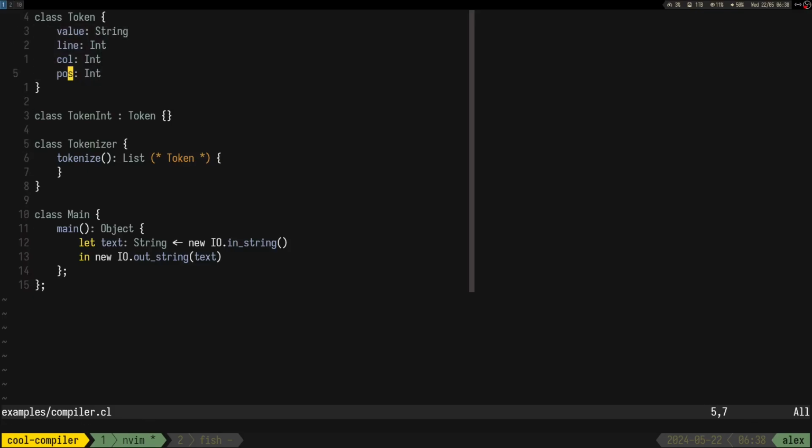I'd say position is just like the real position in the character array, right? So I would say that all the tokens should look like this. And yeah, we'll also need to make the functions that do all of that.